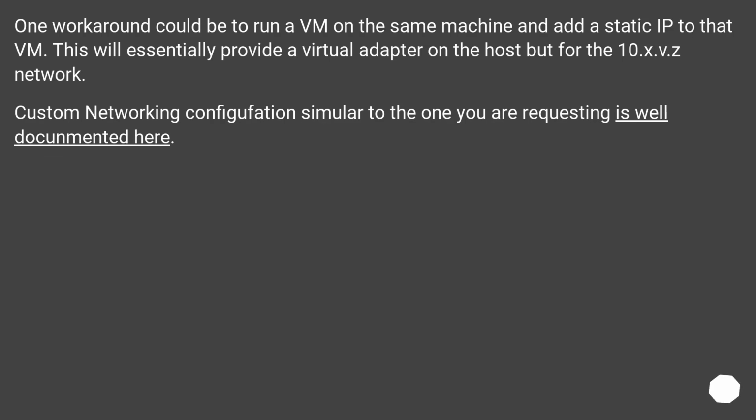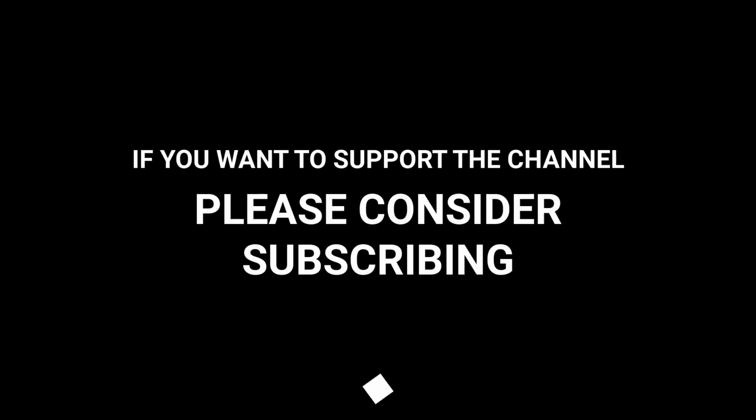One workaround could be to run a VM on the same machine and add a static IP to that VM. This will essentially provide a virtual adapter on the host port for the 10.x.y.z network. Custom networking configuration similar to the one you are requesting is well documented here. If you want to have